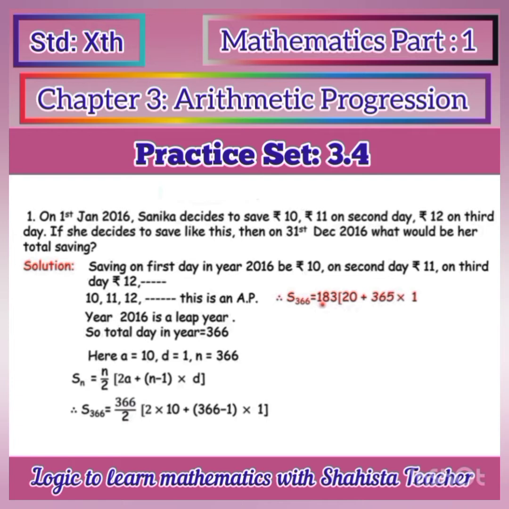Now the S366 is equal to 366 divided by 2, that is nothing but 183. Now 2 tens are 20 plus 366 multiplied by 1. So 366 plus 20 is 386. So S366 is equal to 183 multiplied by 386. Now after multiplying, after multiplication we get 70,455. So total saving would be rupees